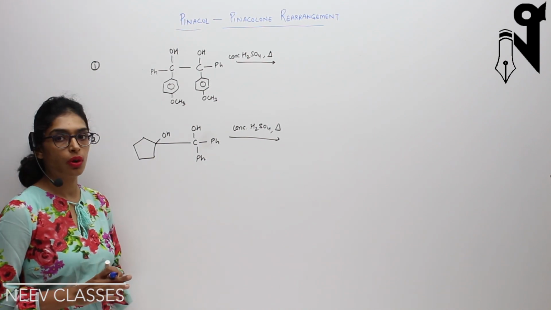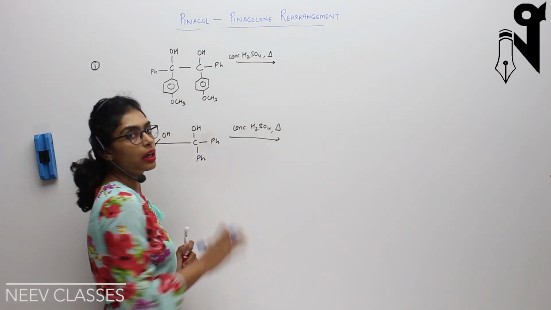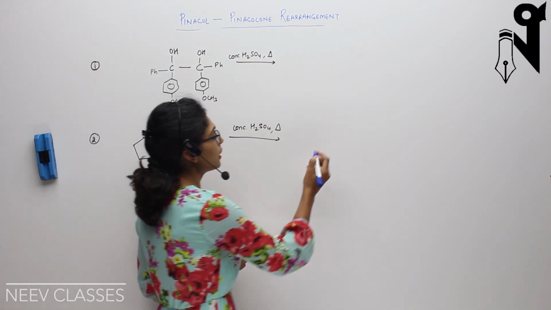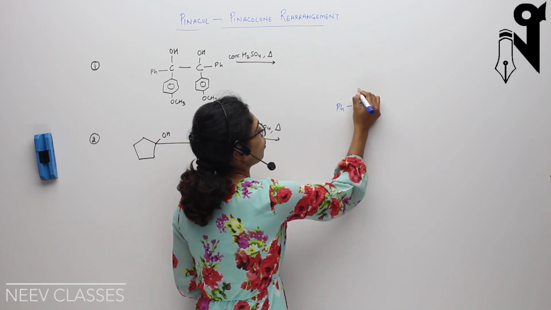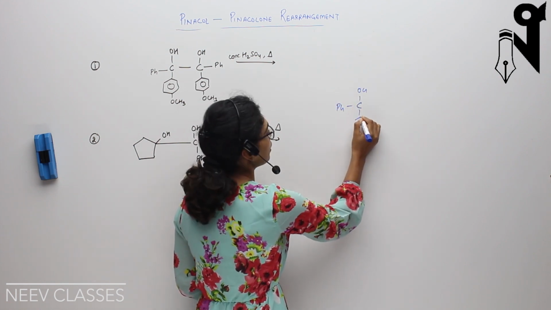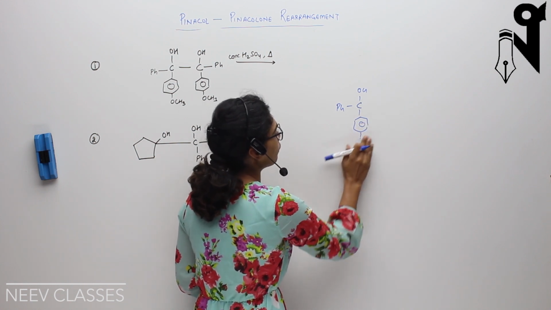So I hope you would have solved these questions. I'll be discussing the solution of these questions over here and we'll write the answer over here. So let's see what the first question is. The first question is where we have both the ends symmetric, so it won't matter from where we start,